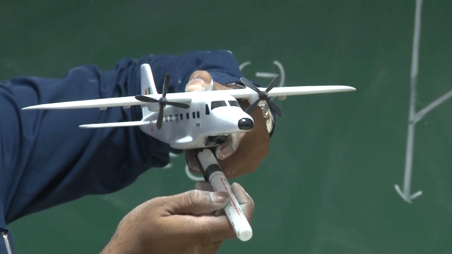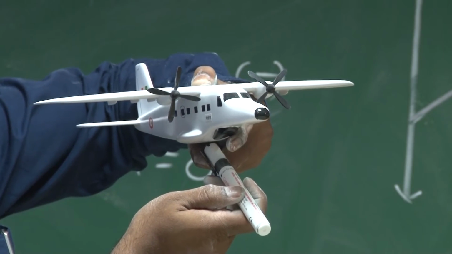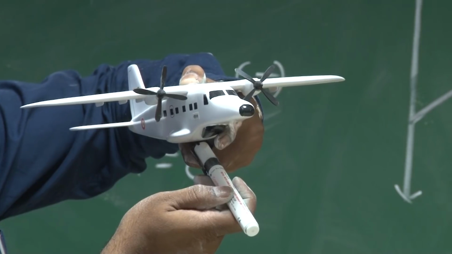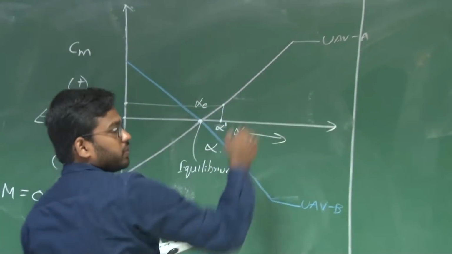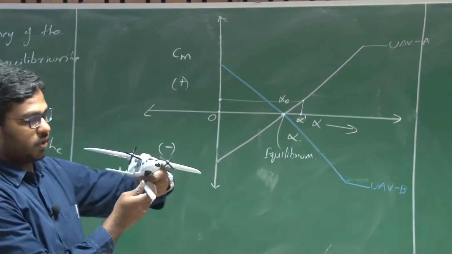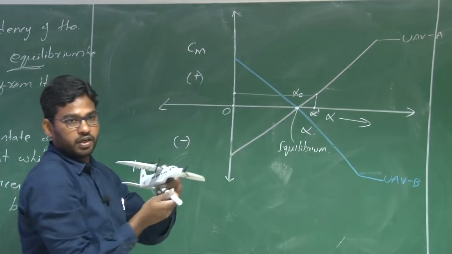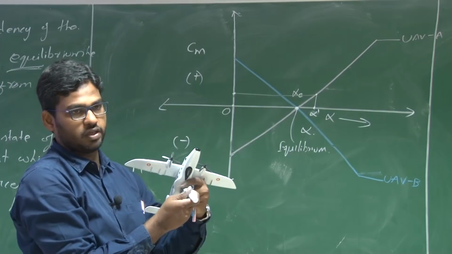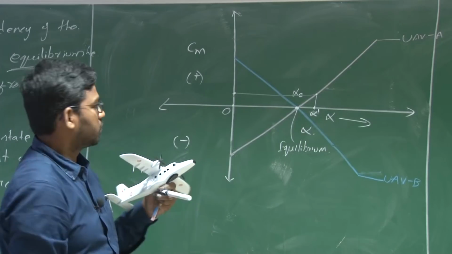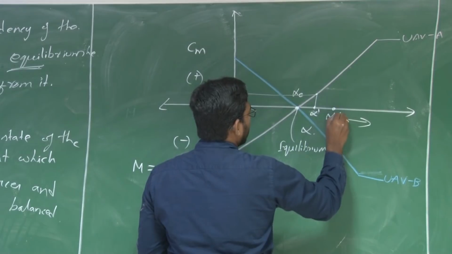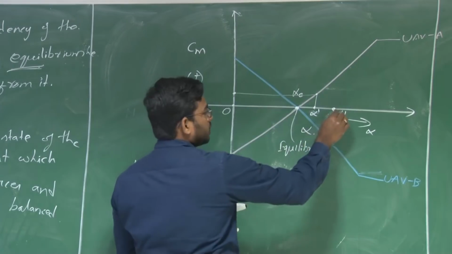So this increased angle of attack, for an aircraft with that pitching moment curve, let us say that is a UAV A, right. So this curve represents the pitching moment variation with angle of attack for UAV A. So for such a UAV, what happens is this increase in angle of attack is increasing the pitching moment, that is nose up moment, it further increases. This nose up further increases the angle of attack, right. So that means let us say this is your alpha double prime.